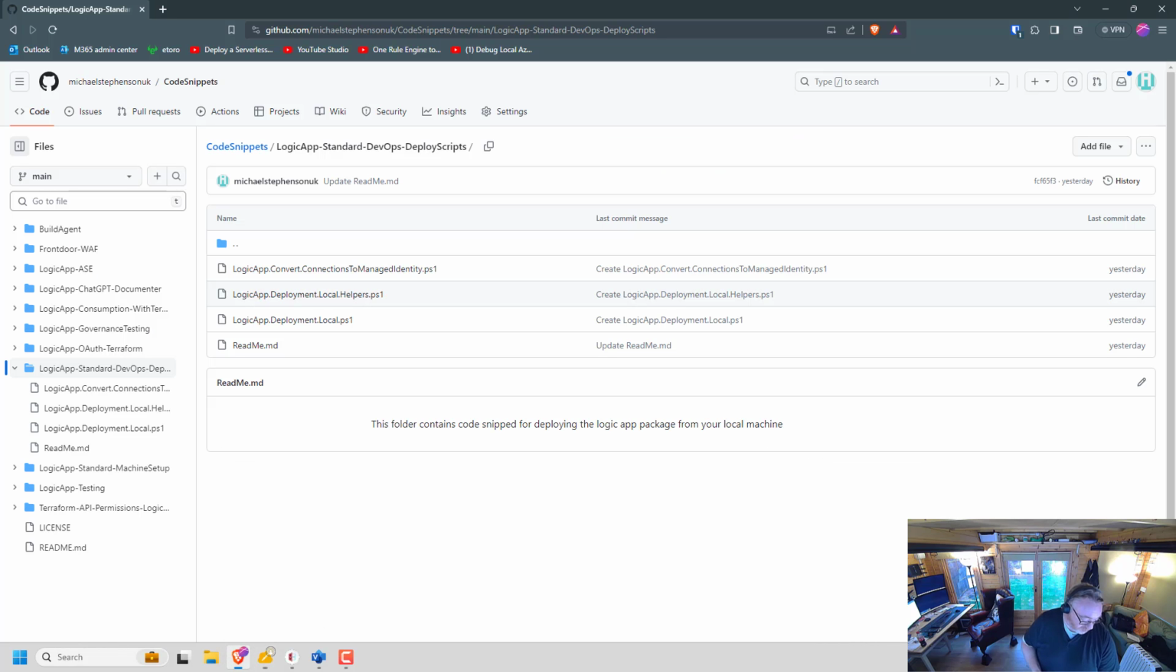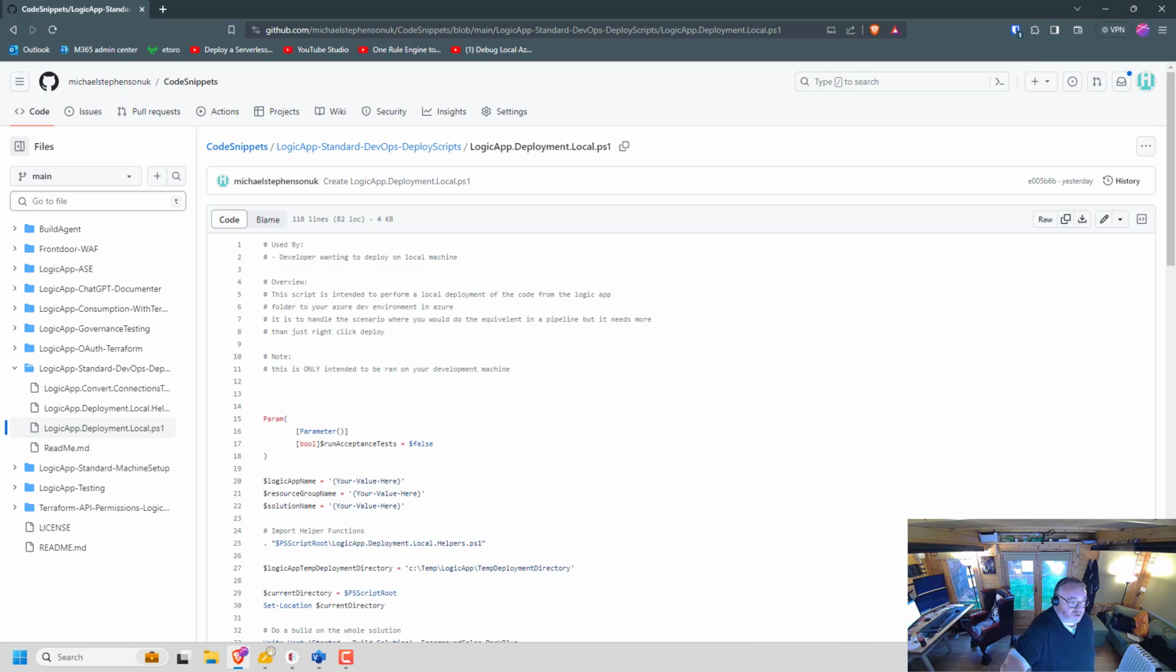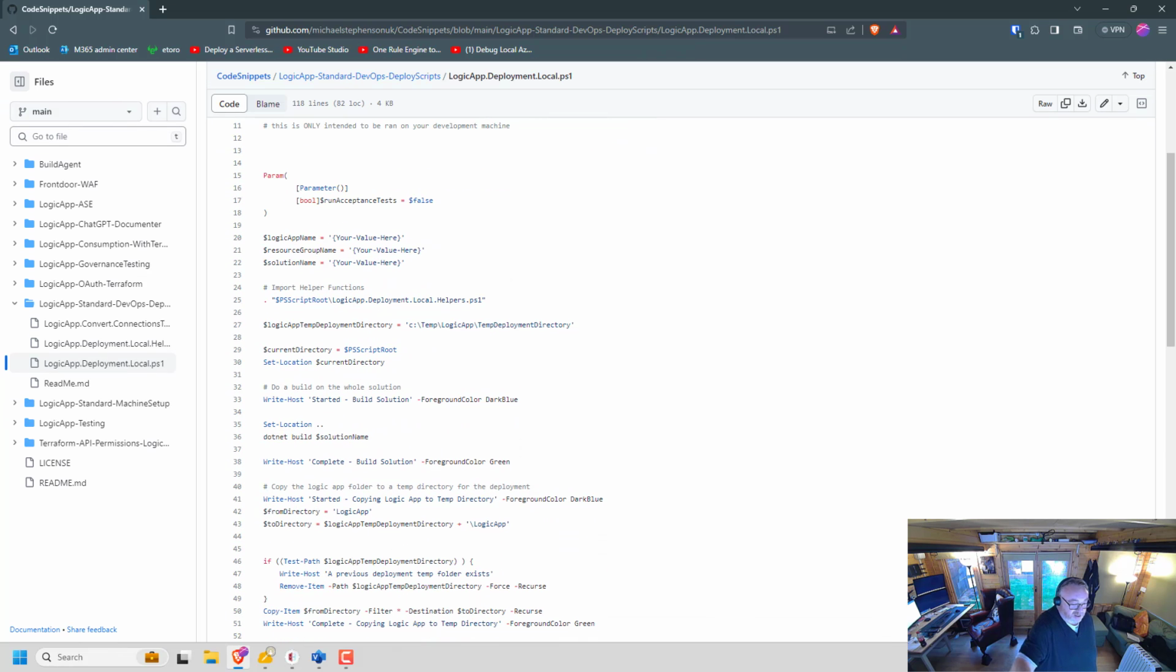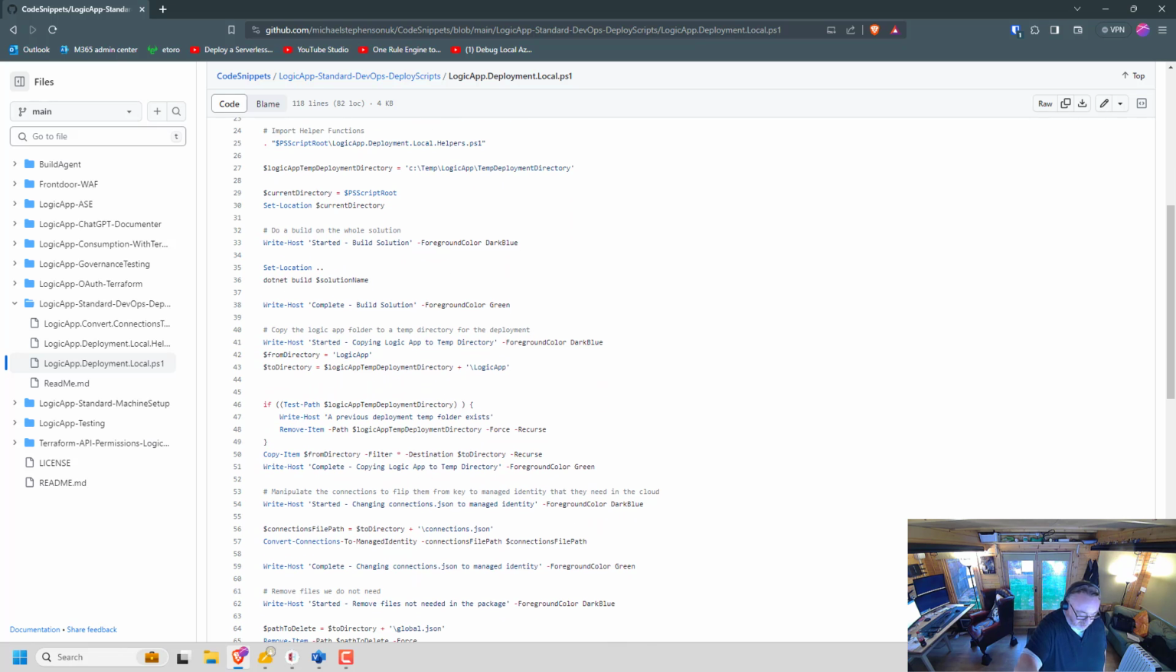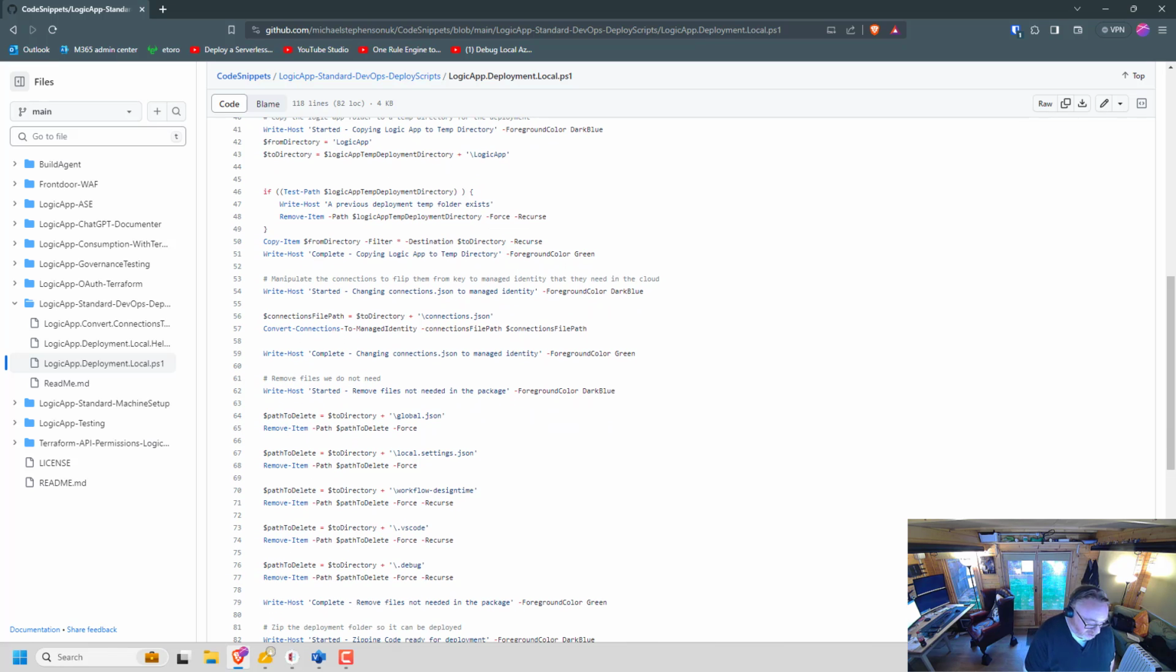So just to show you, we've put that in GitHub here. So here's the script. All you have to do is, in this bit, lines 20 to 22, you just put your resource group name, your solution name, and your logic app name, and then it'll go down and further down. It's down here, line 50 and onwards. It's really just copying stuff into that directory, and then we call that convert managed connections on line 57,